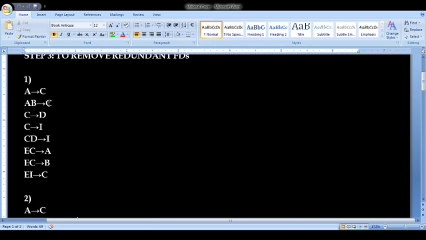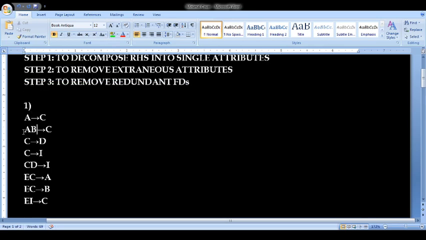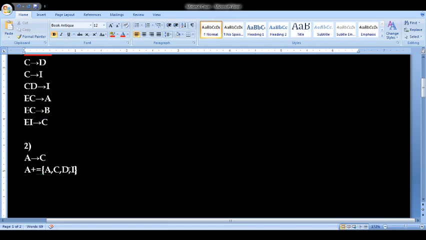Then we get A implies C, which is already there in the set. So this can be eliminated, and it will not come in step 2.